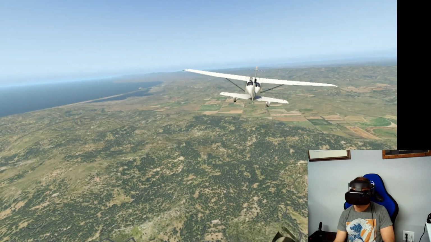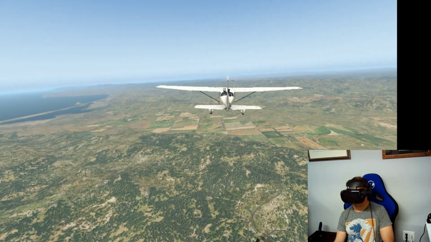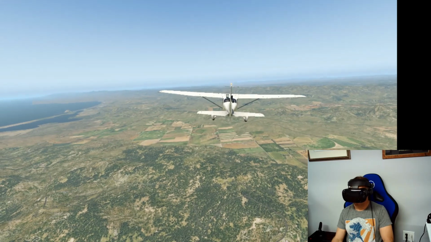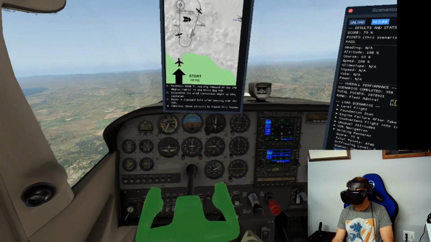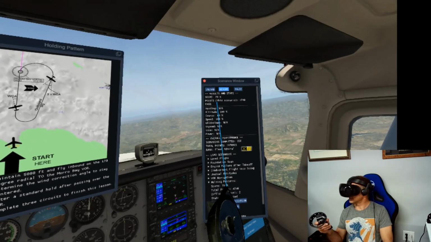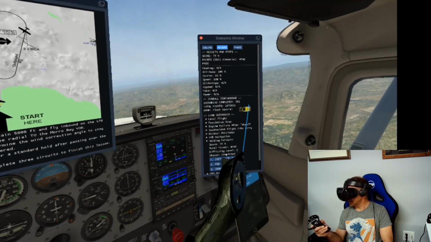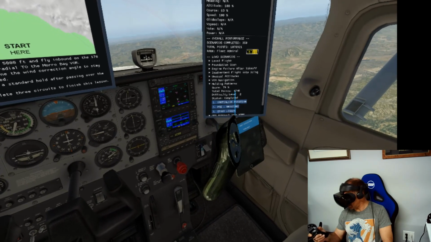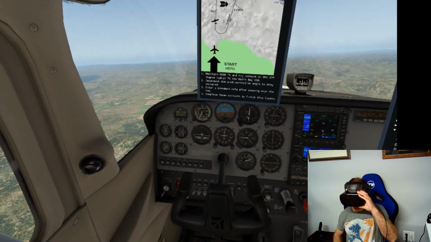Alright, I got about, I don't know, 66 seconds, but the timer on the computer is a little bit different than when you actually push the button. So that was 3 times around the hold, with wind, doing the wind correction angle, tracking the inbound course. Here are our results. Score of 79%. I got 4,700 points. I did pass. The current holding information then just gets recorded here with my status that was completed. And that wraps up the holding pattern